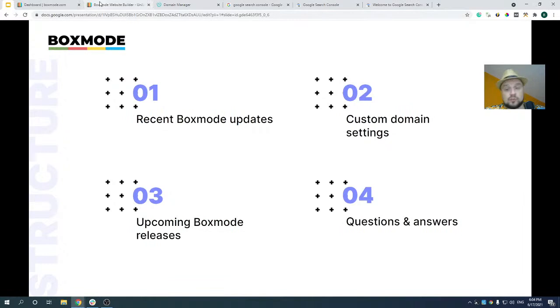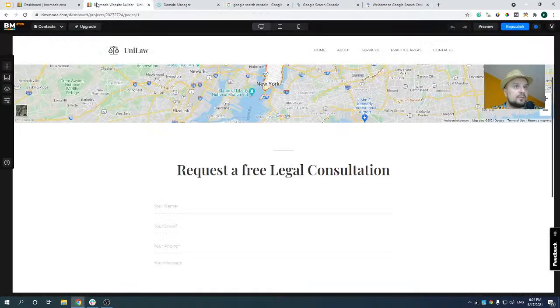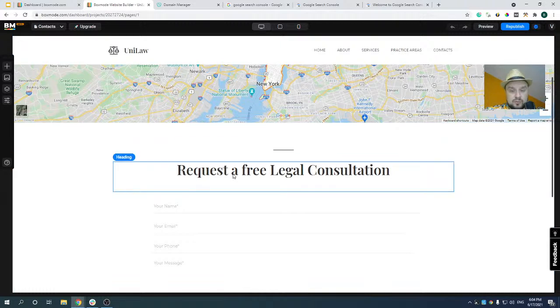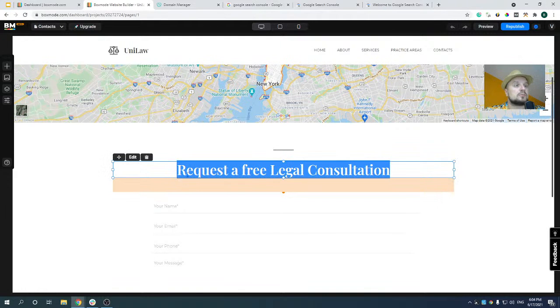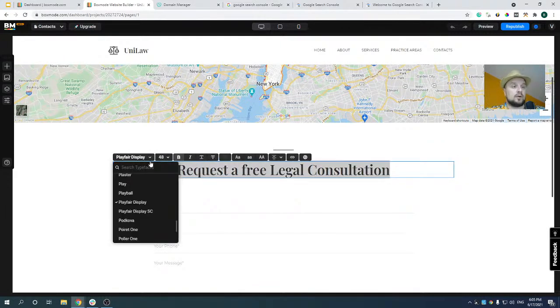So without further ado, let's start off by reviewing our latest platform updates. Recently we worked more on the platform performance and on the foundation for further major improvements, which we will discuss in the end. But here is what we implemented recently in terms of new functionality. So now it is much easier to pick a font when using an inline editor.